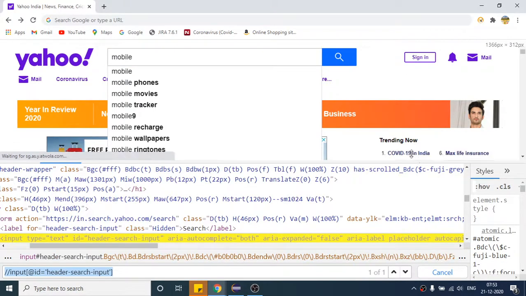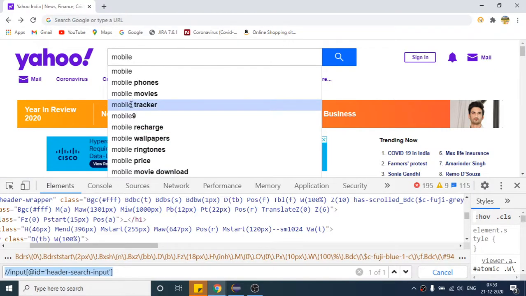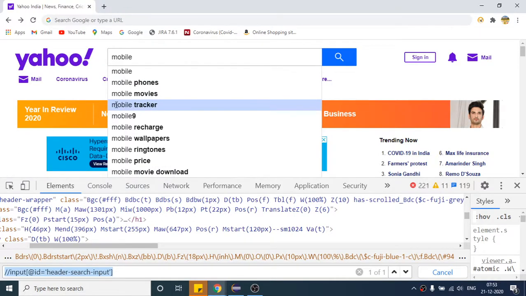If I talk about any website these days, these options will keep changing. They can also add more options related to mobile in the coming days. So we should write our code in such a way that even if these options increase or decrease, our code is not affected. Suppose I want to click on mobile tracker, you should not write the XPath only for this mobile tracker. Instead, you can catch all the elements, and based on the data you pass from your test case, it will select the particular element. We will do it that way.